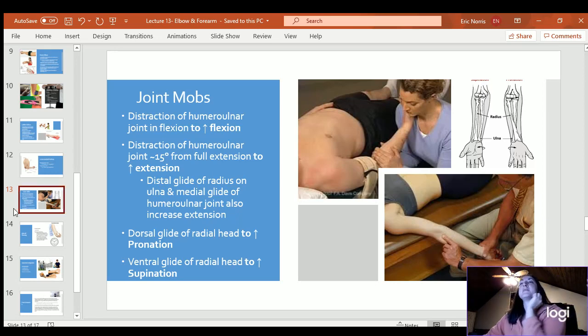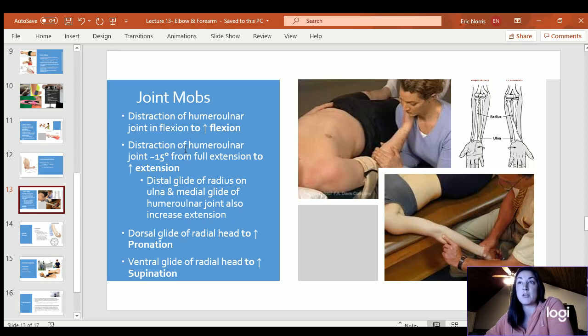Now with our joint mobs. Most of our joint mobs at the elbow involve some sort of distraction. Whether you're increasing flexion or extension, both of them require you to do distraction at the elbow. A distraction of the humeroulnar joint in a flexed position will help increase flexion. And if you do it more towards extension, about 15 degrees from their fully extended position, that helps increase extension